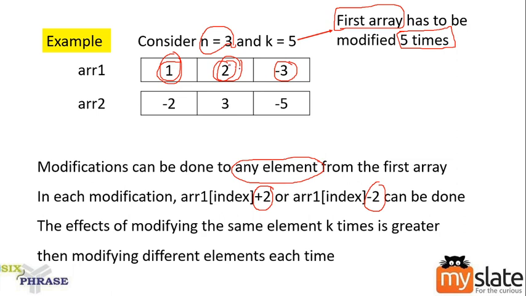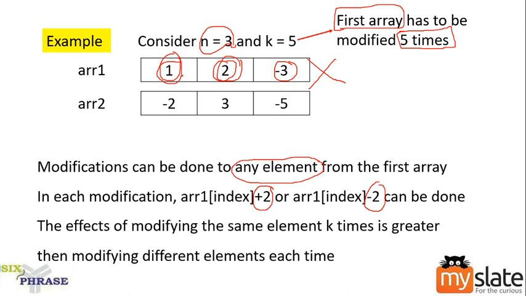We are not just modifying one element, we are scattering the modification. In that case, whatever result you get will not be your expected output, because when you scatter them you will not reach the utmost minimum. When will you reach the utmost minimum? When I target only one element and keep reducing or increasing that element as much as possible. At that time only I will have the minimum value. So that is the importance of the problem.